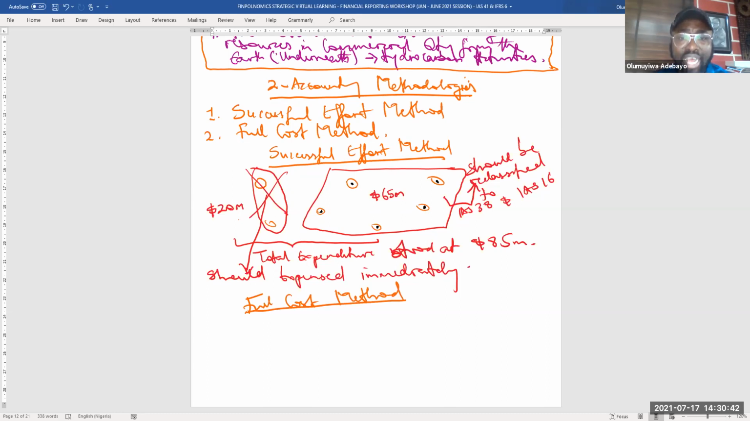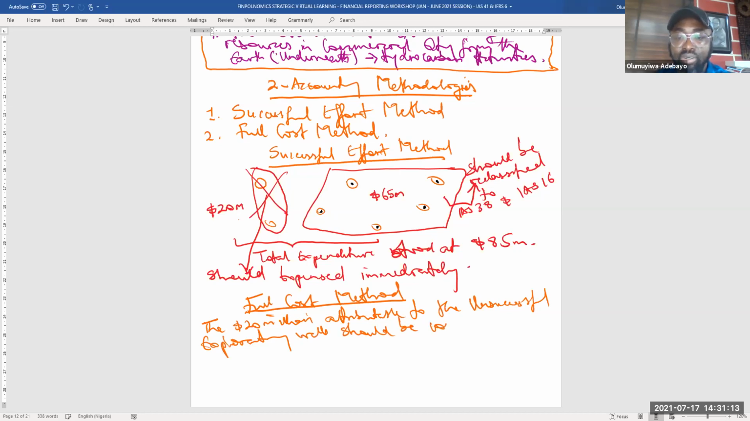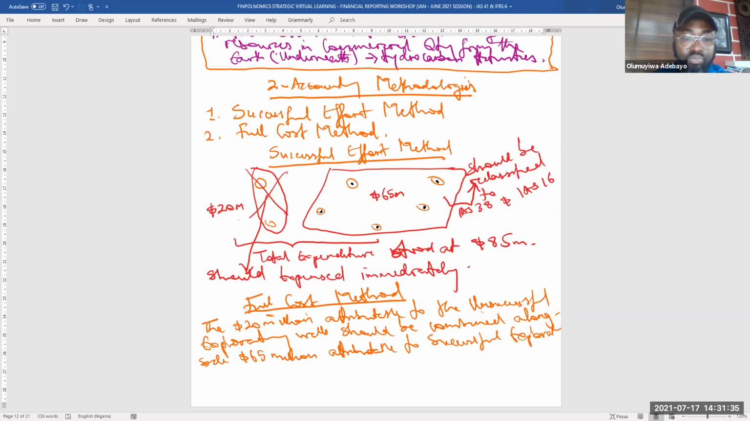And therefore, they should be considered holistically, which means the $20 million attributable to the unsuccessful exploratory well should be combined alongside $65 million attributable to successful exploratory wells. Then the sum of $85 million